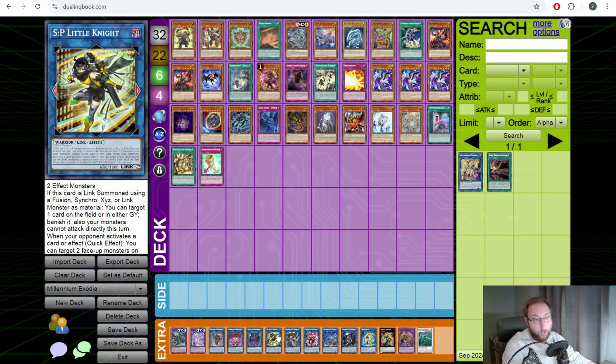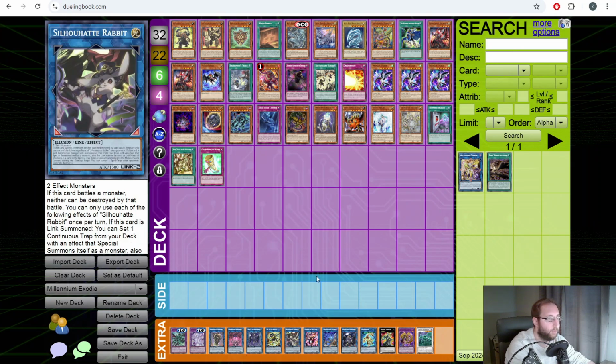an additional potentially 2 more interrupts as well, on top of using a card, say like the, where is it? The Silo Hat Rabbit, right? To set another card. Your whole goal, if you're smoke screening or you're forced to go first, is to be able to build a board that doesn't just auto lose if, you know, you're playing a blind second build like